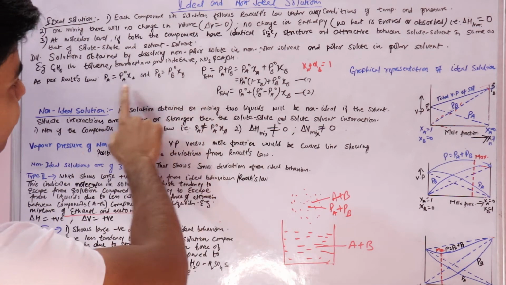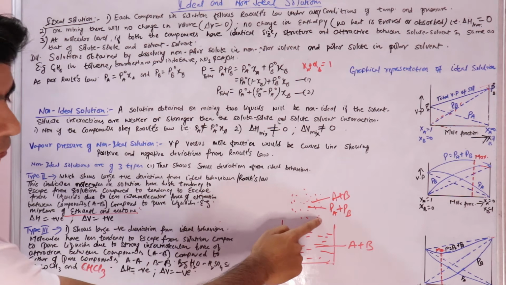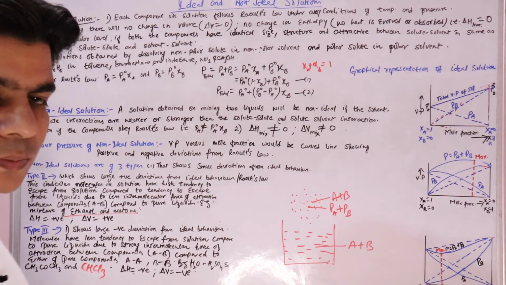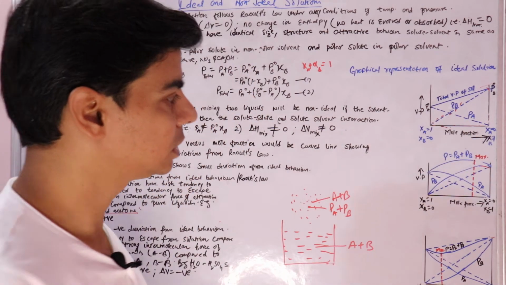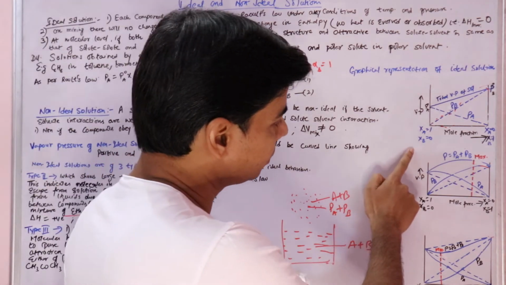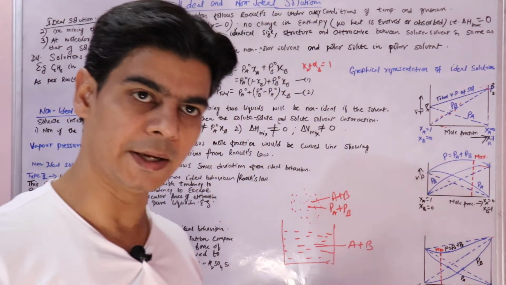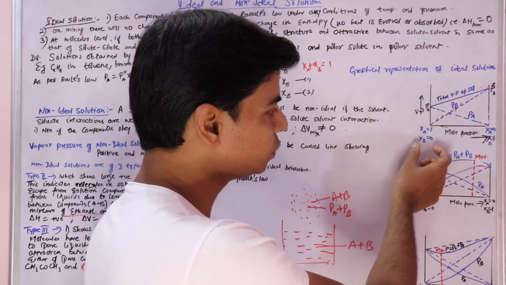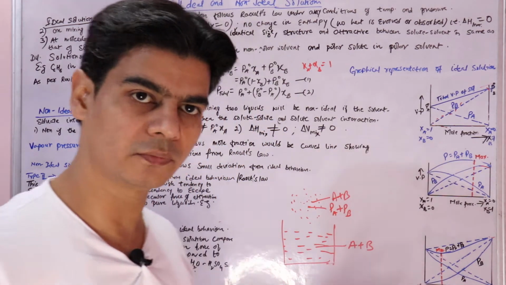And if we draw graphs based on these three equations, since the partial vapor pressure due to A is directly proportional to the mole fraction of A, and the partial vapor pressure due to B is directly proportional to the mole fraction of B, we get this graph. This graph is for solutions that follow Raoult's law, for two liquids A and B. Suppose we start with A. XA equals 1 means we have pure liquid A, and XB equals 0 means it does not contain any amount of liquid B.